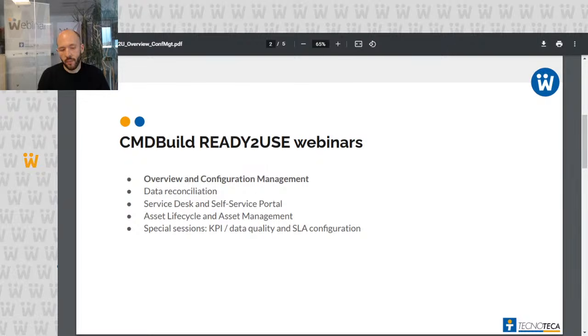Another topic will be the service desk and the self-service portal. In this case, we will talk about IT processes and incident management, request fulfillment, and so on. And then asset life cycle and asset management. This is another topic regarding the management of the life of an asset, from the receiving of the good to